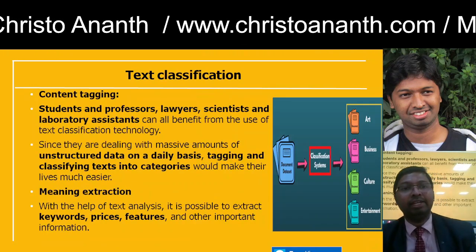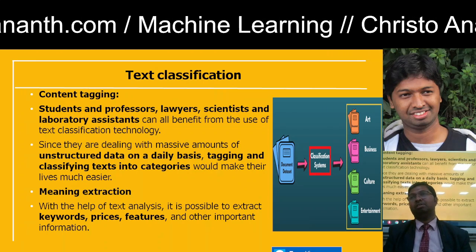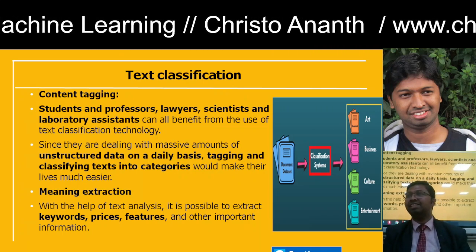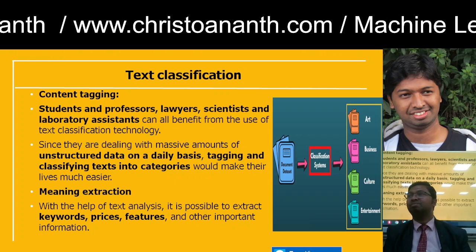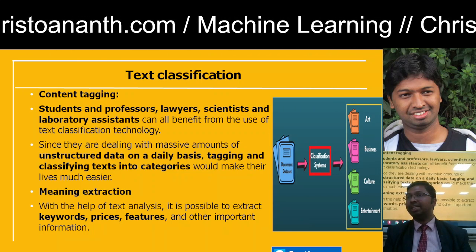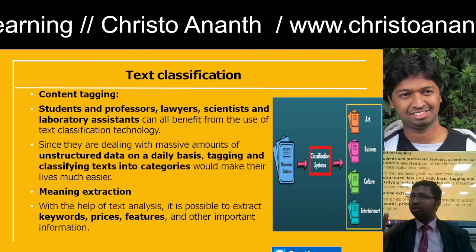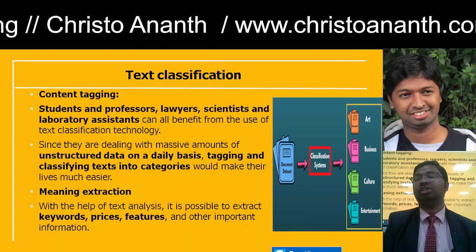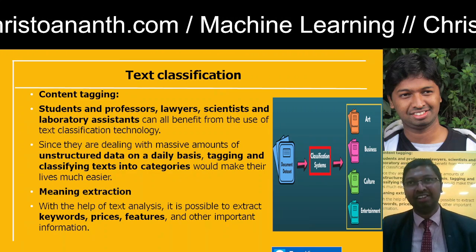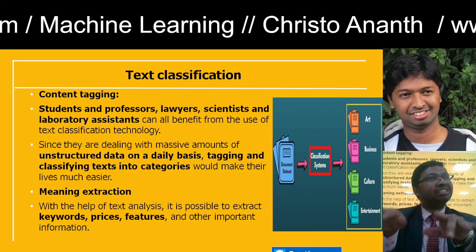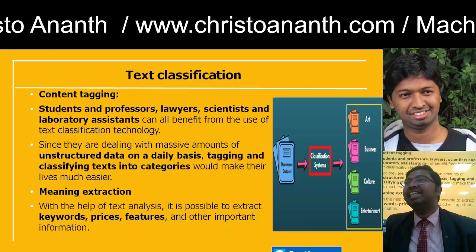And then text classification is also done through content tagging. Do you know content tagging? Tags. Do you know tags? For example, YouTube tags. You know the meaning. You type machine learning on YouTube, and you will get several videos on machine learning. You type image analysis in Google, and you get search results for image analysis. That is the tag.